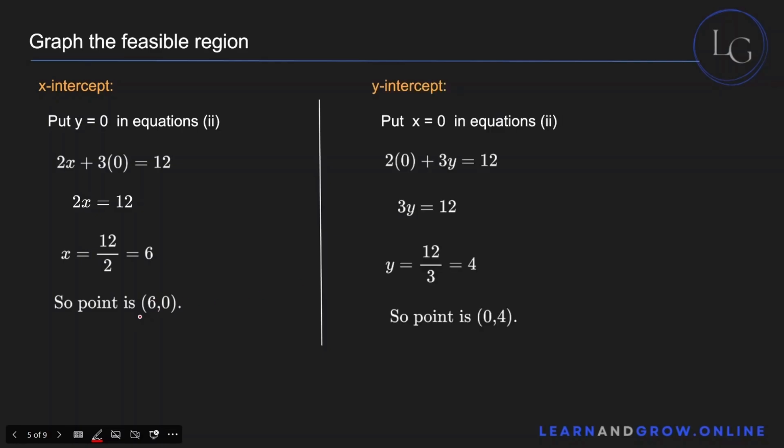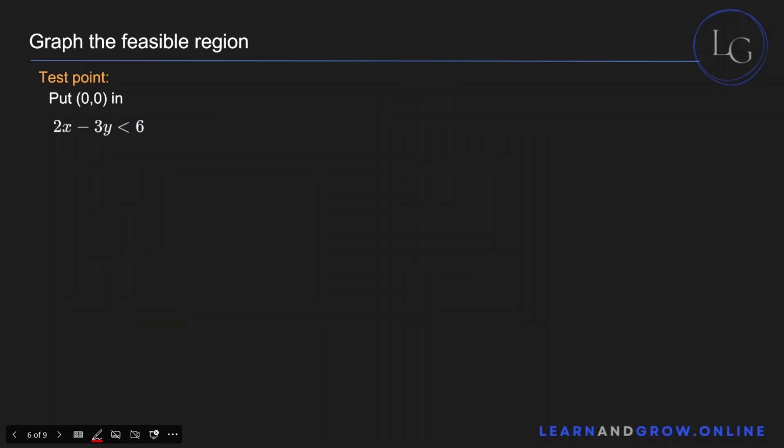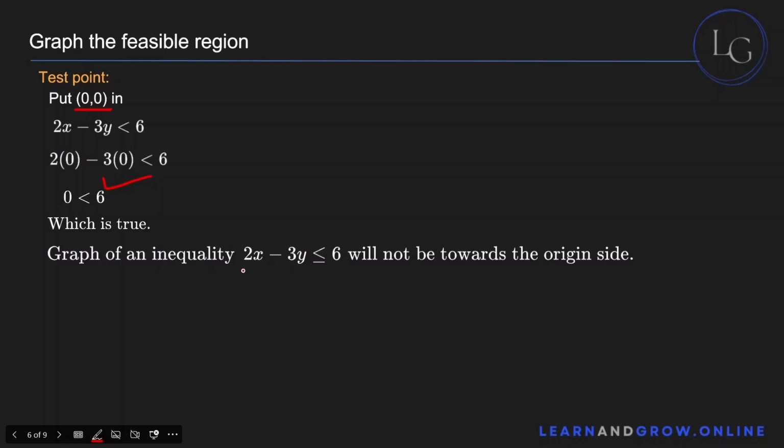So you get (6, 0) as the x-intercept and (0, 4) as the y-intercept. Now, to find the result of the test point, you plug in the value of the origin, which is (0, 0), in the inequality and see if it is true or false. The result is 0 is less than 6, which is true, right? So the graph of the inequality 2x minus 3y is less than or equal to 6 will